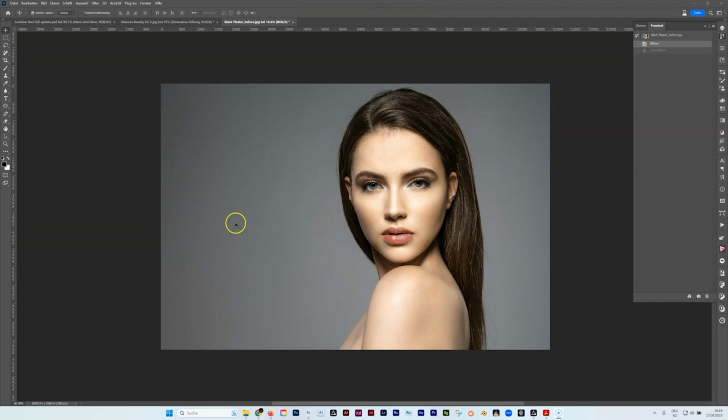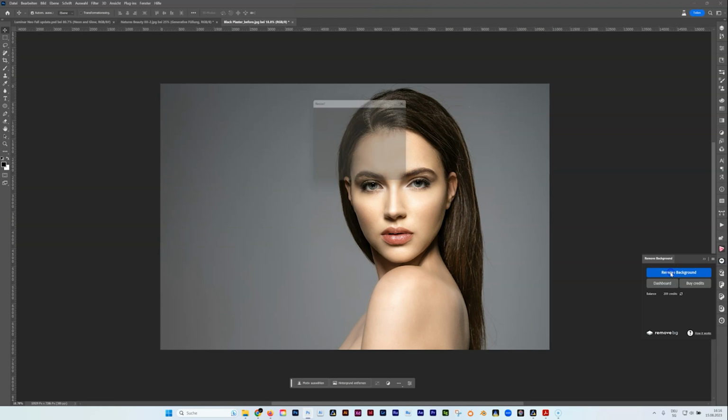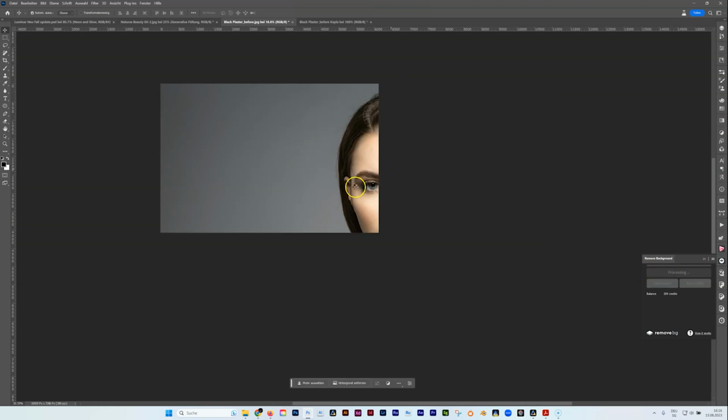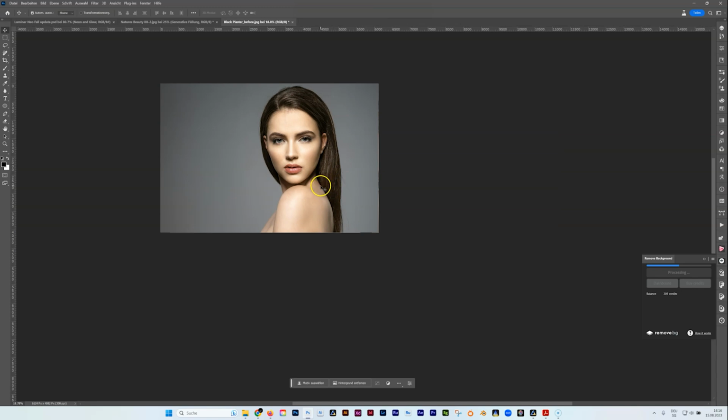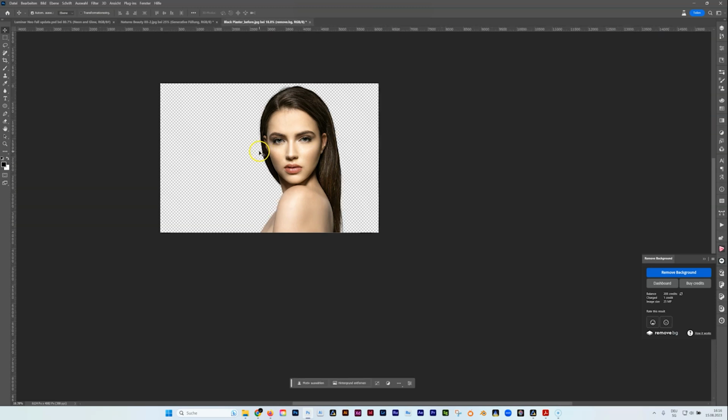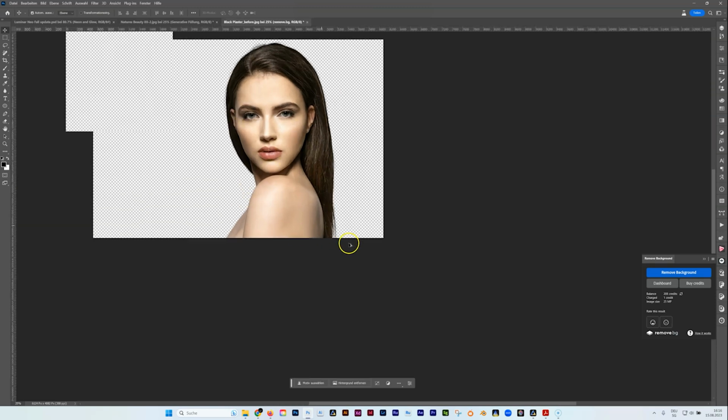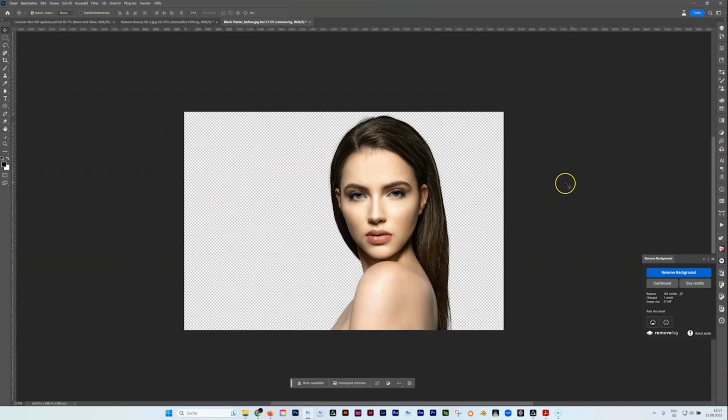I'm here in Photoshop because I have some ideas. So first of all, I'm going to remove the background. I'm using a plugin here because this plugin actually makes the best selections. I really like that a lot. The selections within Photoshop, there are different ways you can do it, but they're not as good as this plugin does. By the way, this is not sponsored by this plugin, it's just something I really use, and it's a pretty